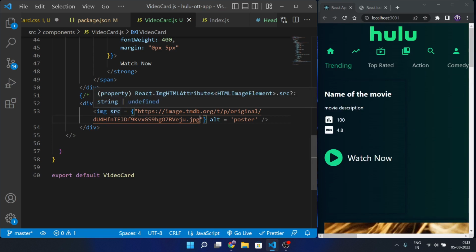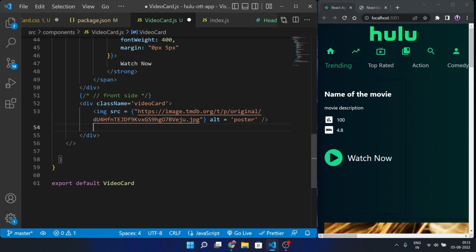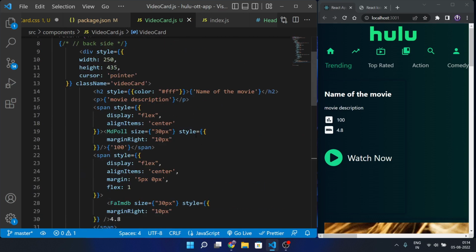Okay, so we have this image, and after this image we will add the name of the movie, like the poster, the image that we have shown here. So let's add an h2 tag, and here we will add the name of the movie. So here will come the name of the movie. Now let's save this. Okay, so we have the image and we have this movie name. We will wrap